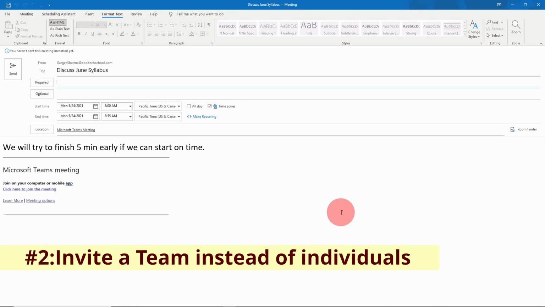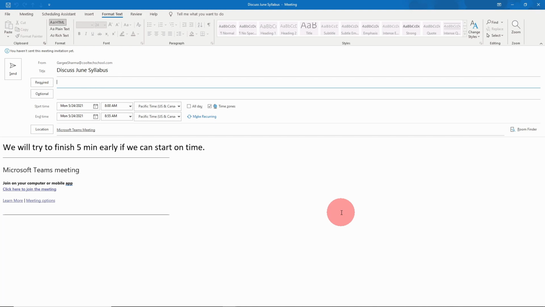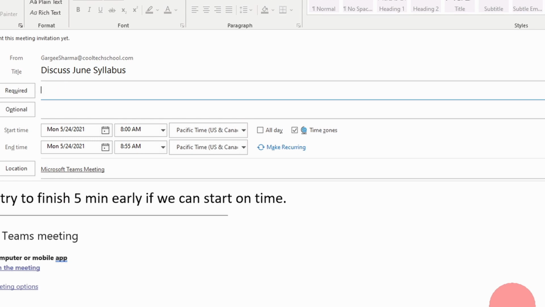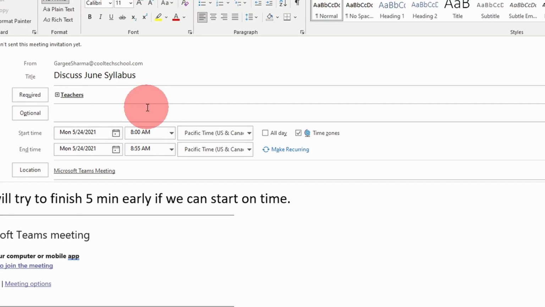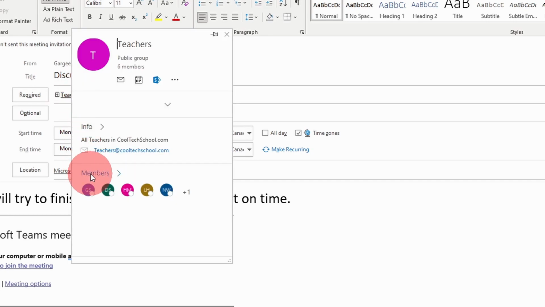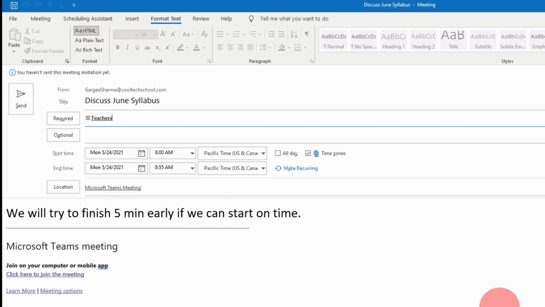Tip number 2. Invite a team instead of individuals. For example, in this meeting, I'm trying to set up a meeting with all my teachers to discuss June syllabus. I can always invite every teacher by name, or I can create a group or team and then invite the team. If you want to learn how to create your own team, then leave a comment below and I can do a quick video on that. If you want to see who all are part of this team, you can hover on this team and click on members right here. If you do this, you will be rest assured that you didn't miss anyone by mistake,